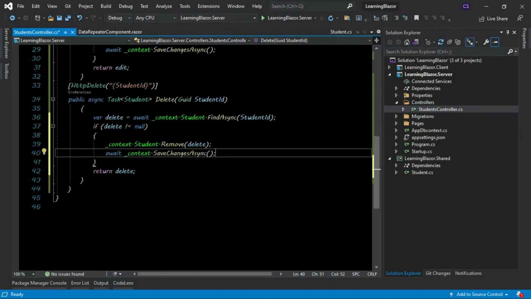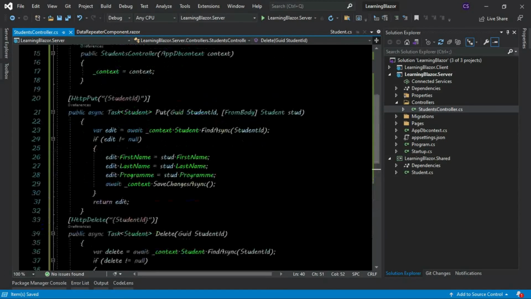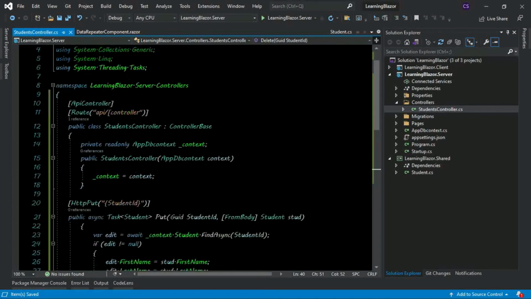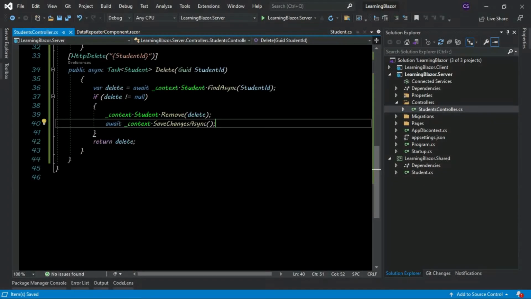We can simply say Control Shift S to save everything, and you can also say Control Shift B to build, just to make sure that you don't have any errors so far. So these are the only lines of code that we've done so far. Let's continue to creating our